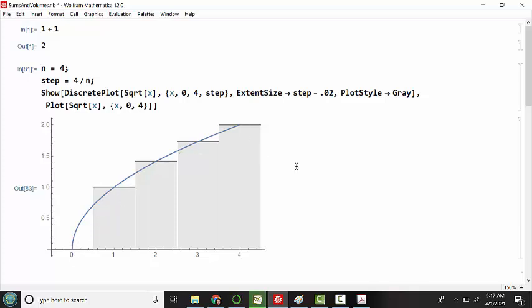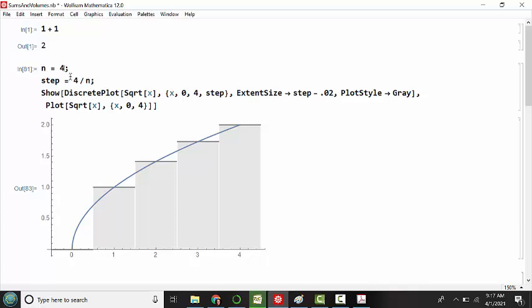What we were interested in doing with that function was finding the signed area between that function and the positive x-axis. The way we went about doing that was to use basic shapes, and the most basic shape we could think of was a rectangle, where the width of our basic shape was defined by taking the whole length of the interval we were considering and asking how many rectangles we wanted to place underneath the curve. In this example that I've drawn, I'm working on the interval from 0 to 4, and I wanted to put 4 rectangles underneath the curve, so you can see from the units on the graph that each rectangle has length